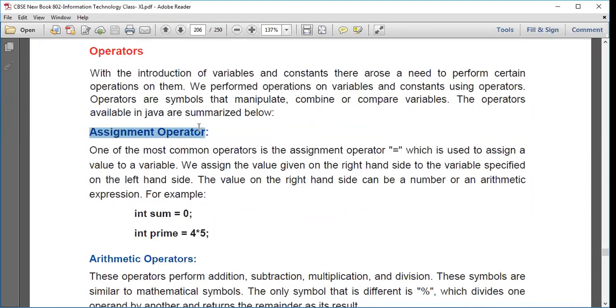First one is the assignment operator. The assignment operator is this equal to symbol. Now this assignment operator is used to assign a value to a variable, like 0 is being assigned to a variable named sum, right? So this is the use of this equal to sign. Equal to is the assignment operator which assigns a value written on the right hand side to a variable written on the left hand side,